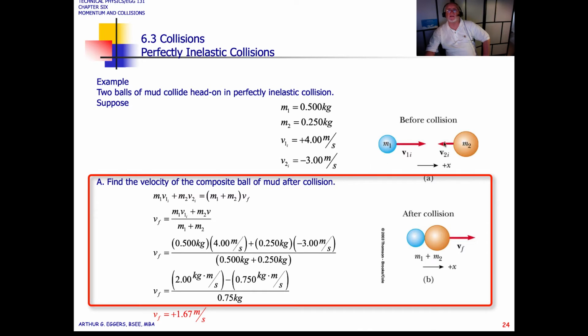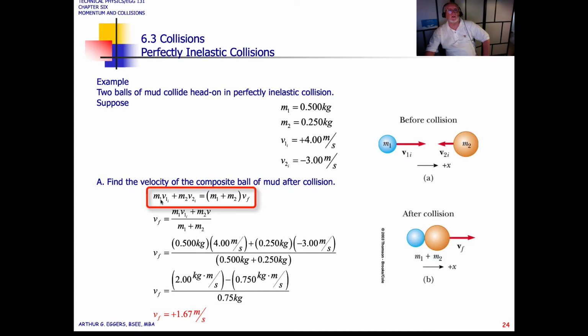After these two jam together after the collision, we want to find the velocity of the two. It's going to be just like the car problem. We've got the same relationship: separate masses and velocities on the left side, the joint masses and one velocity on the right side. We solve it for the final velocity, and once this problem is set up, we can start plugging our